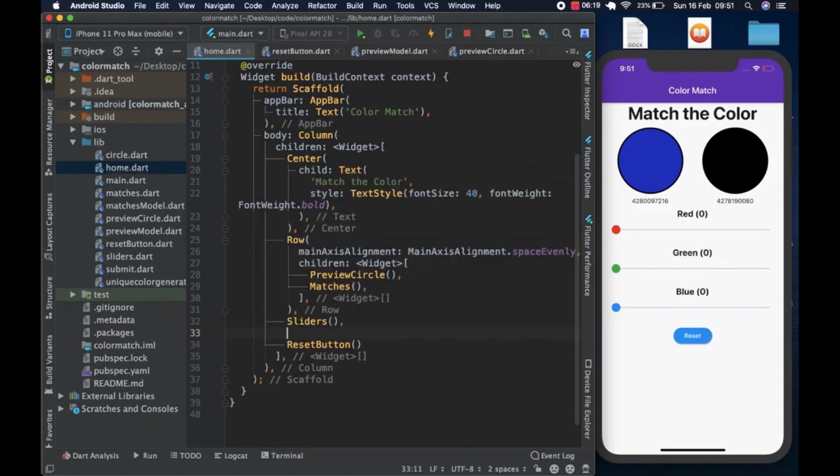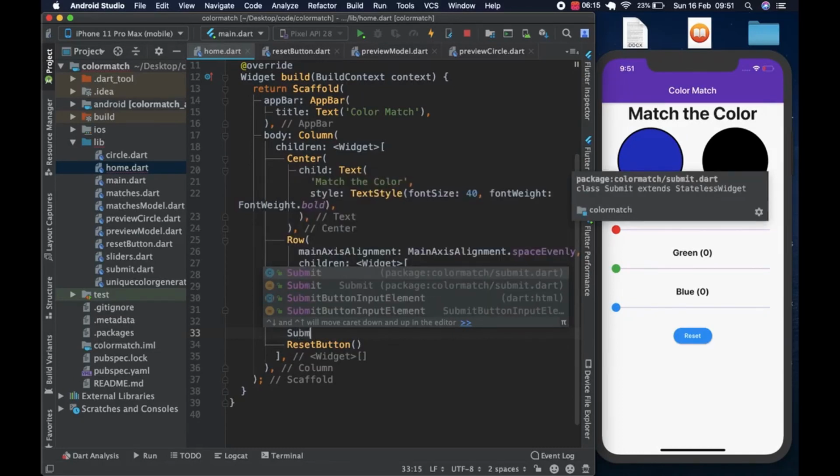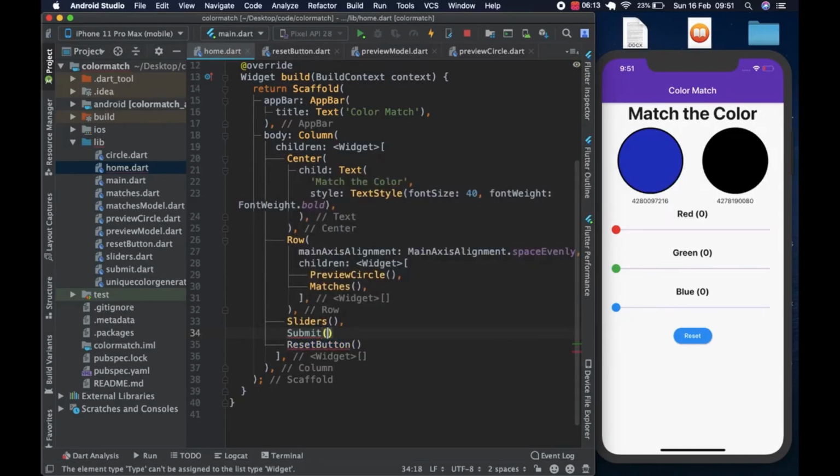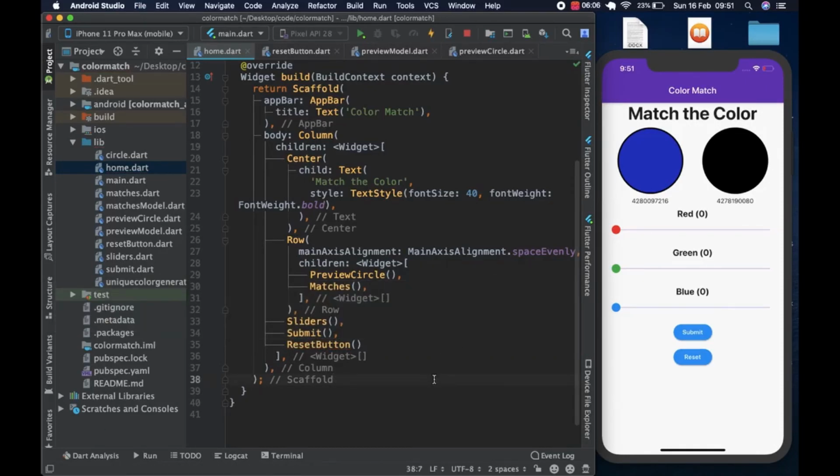So we put submit, like so, and we put a comma, right? So yeah, we have submit and reset. There. Take care of the color. So how do we do color? We come back to our submit,